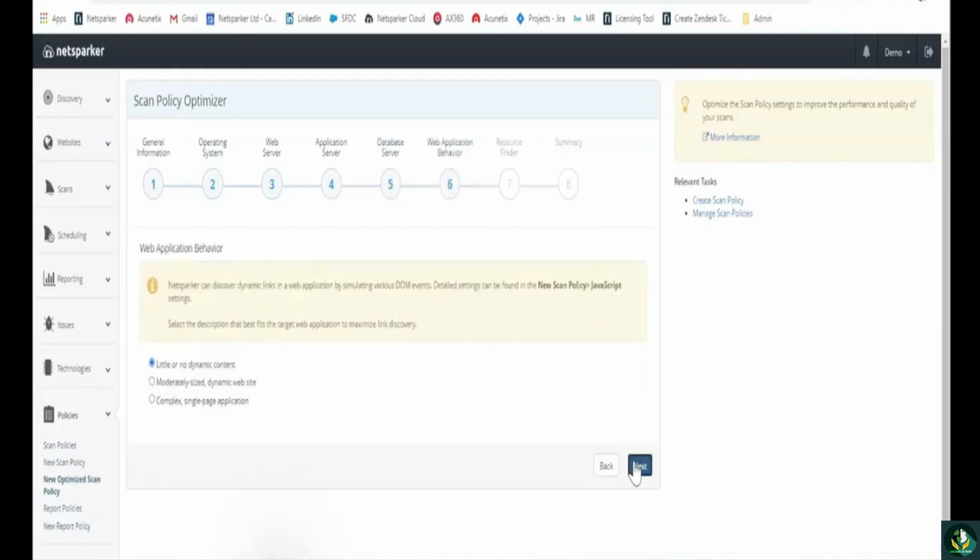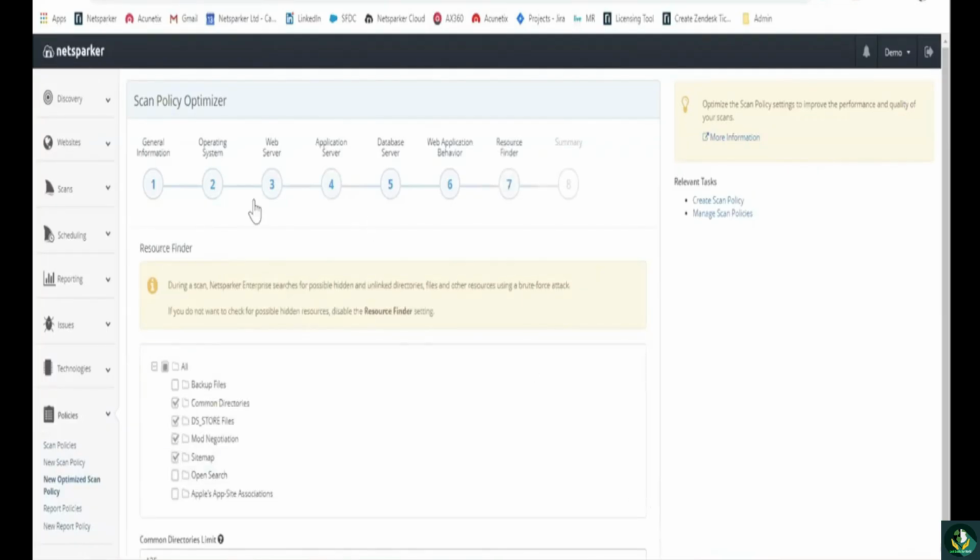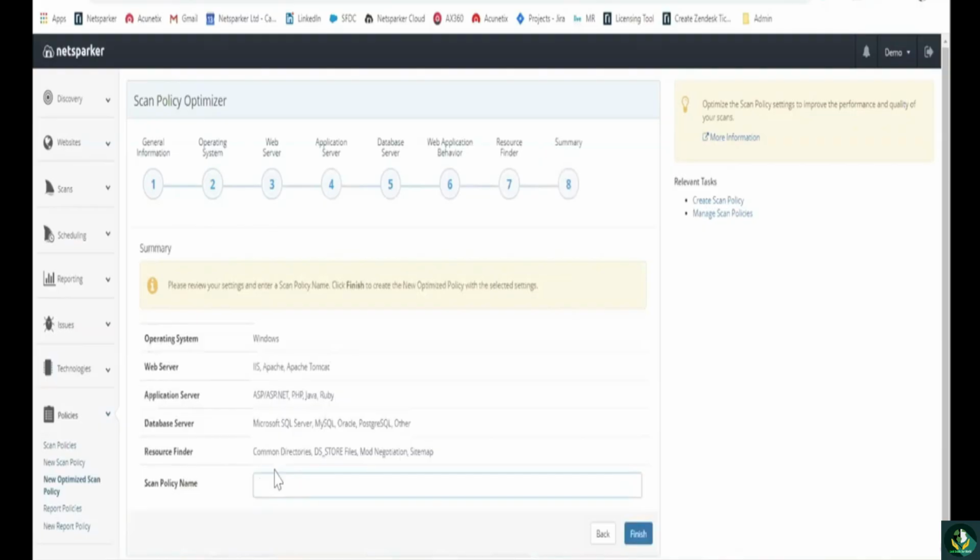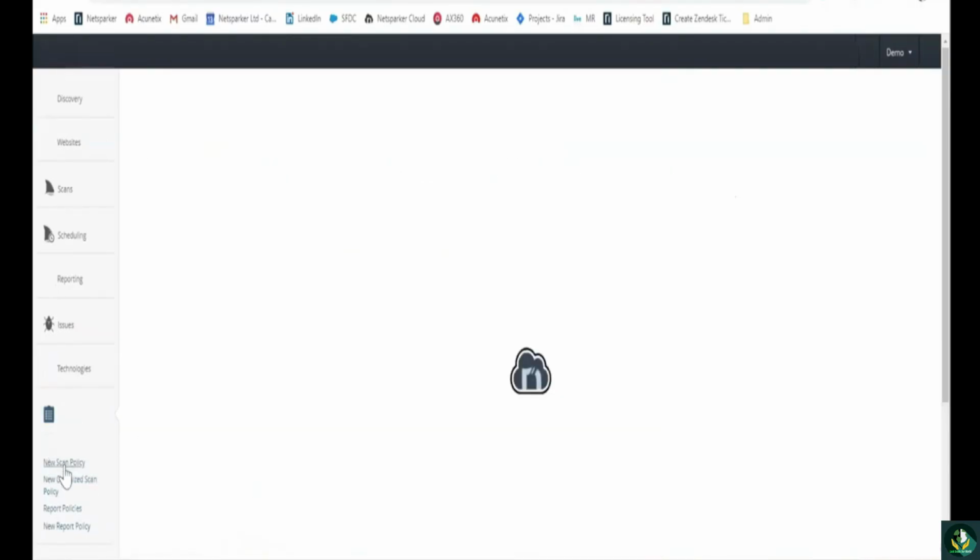So the scan policy optimizer has eight steps: general information, operating system, web server, application server, database server, web application, and then